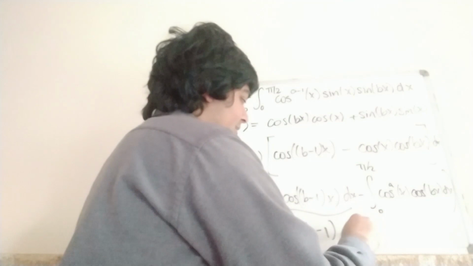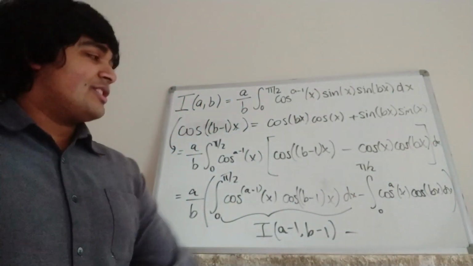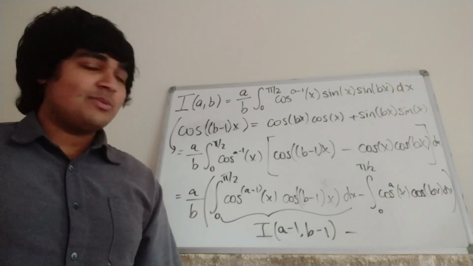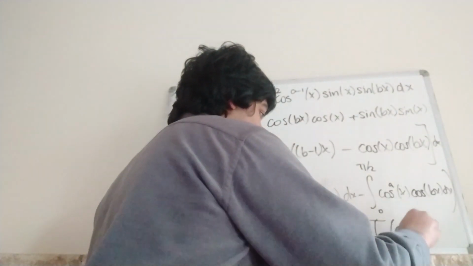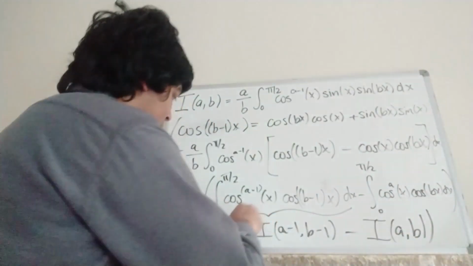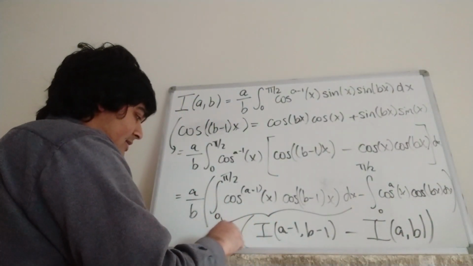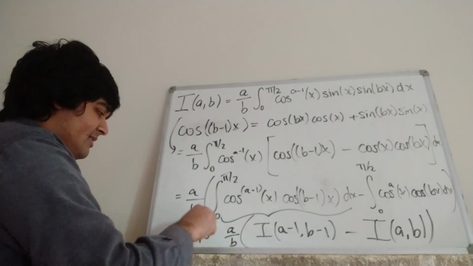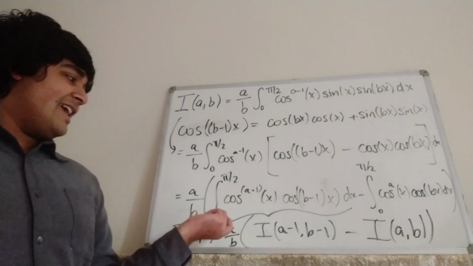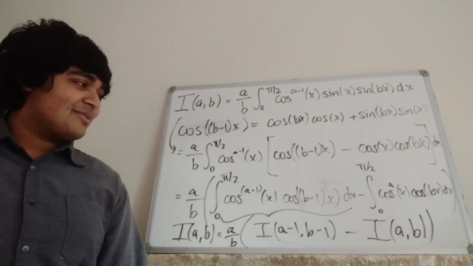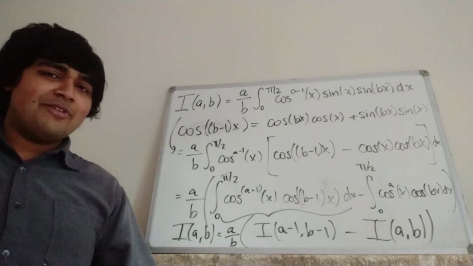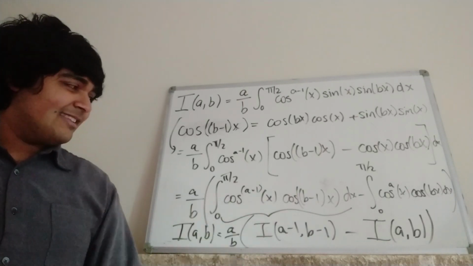And this thing here is minus this guy here, which is the integral from 0 to pi over 2 of cosine to the ax times cosine of bx dx, which is precisely I of ab, like so. And of course we've still got this a over b out front, and this thing all equals I of ab. So we've got I of ab equals a over b times I of a minus 1, b minus 1, minus this I of ab, bringing this I of ab onto the left hand side and rearranging and cancelling some b's in the denominator,